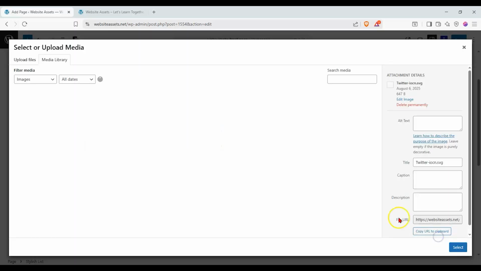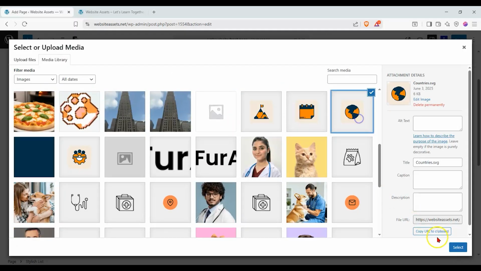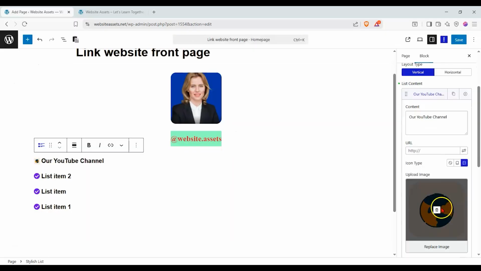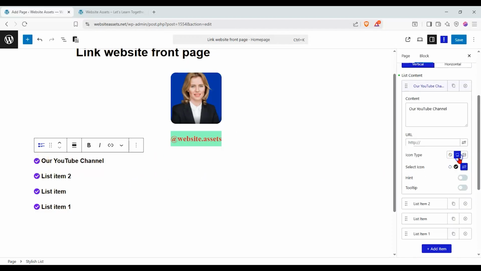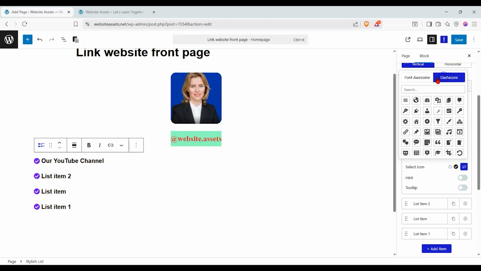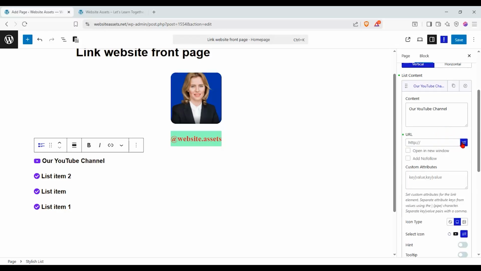So if we wanted to upload an image here from our media library, if we can find one, let's go ahead and use this one. We can use that as our icon, and you can see it's right there. Or we can just use one of the default icons that comes with it, Font Awesome and Dashicons. Just search YouTube, and it already has some YouTube icons pre-selected. And we can put our URL over here. We can open it in a new window,